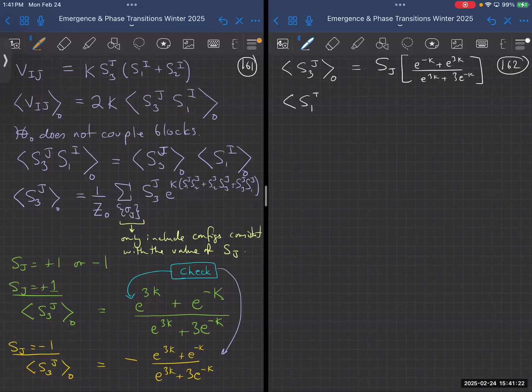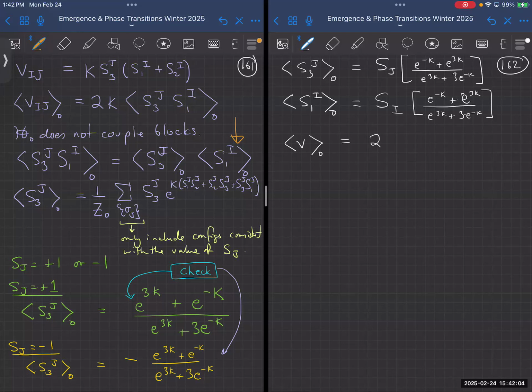And it's the same thing for Si. When I want to compute Si, I'm computing this term over here. This term is the same as before, except wherever I had j, now I have i. So we can say straight away that it's going to be Si times this same function, e to the minus k plus e to the 3k divided by e to the 3k plus 3 e to the minus k. So now I can put it all together. The expectation value of v is then equal to